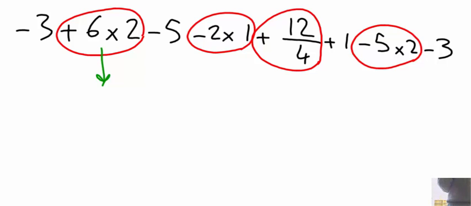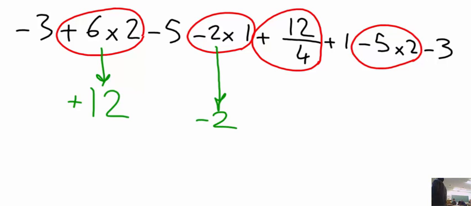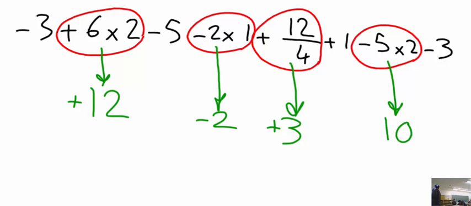Six times 2 is 12. How about the sign? Plus. Minus 2 times 1 is minus 2, and I have the sign. 12 divided by 4 is 3, and the sign is plus. And then I have this. 5 times 2 is 10, and the sign is that. Now